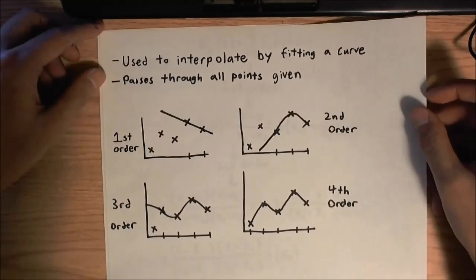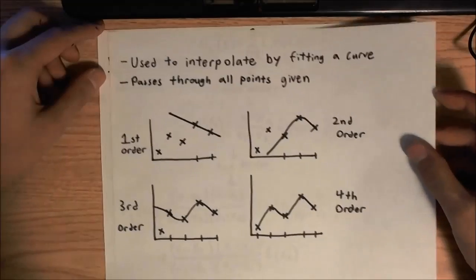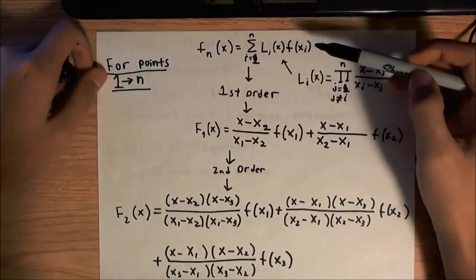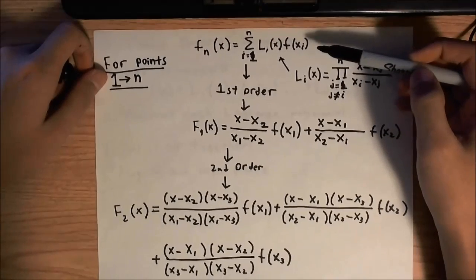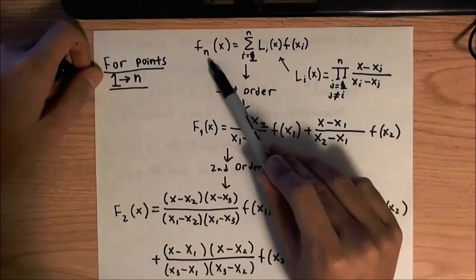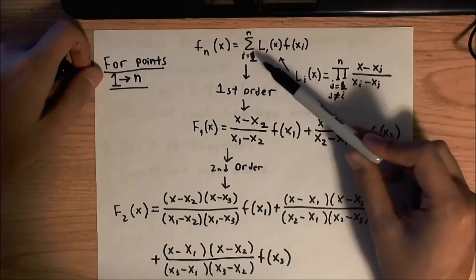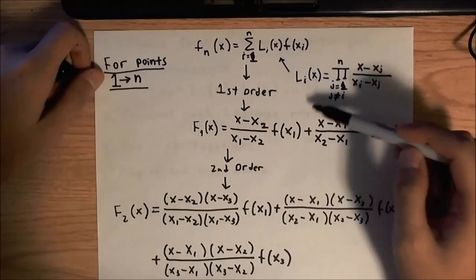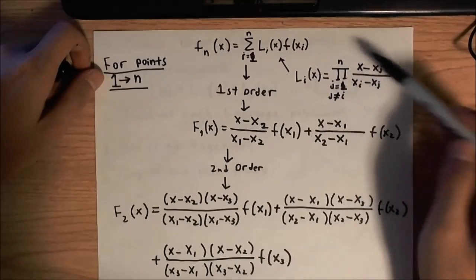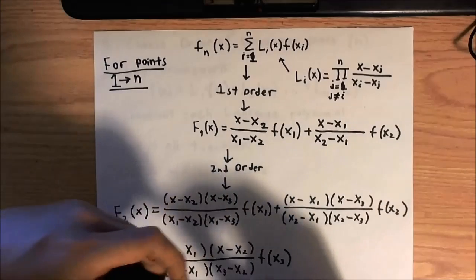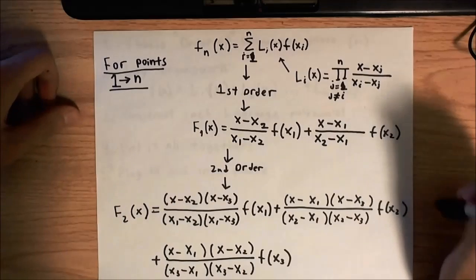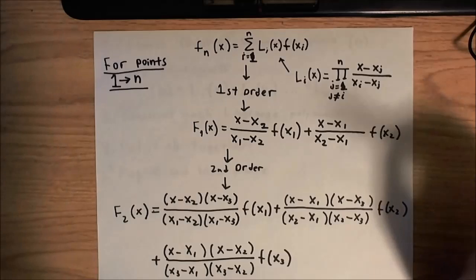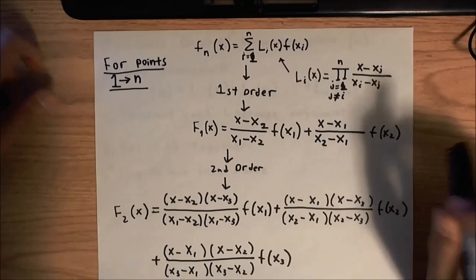So in order to create these curves, a whole set of equations need to be used. The first being the basic Lagrange interpolating polynomial equation, which states that your polynomial will equal the summation of your Lagrange terms times your function terms. And your Lagrange terms will equal this monster over here. As you can see, some words that might come to mind when you see how these equations are created would be alphabet soup, confusing, disorienting,